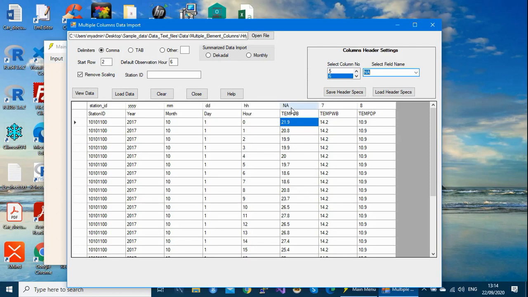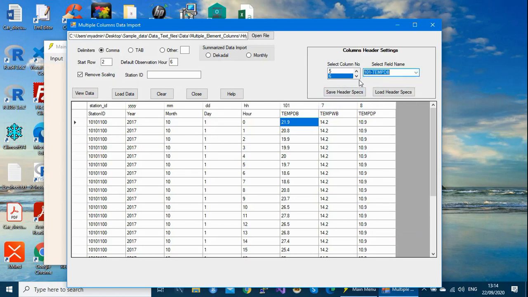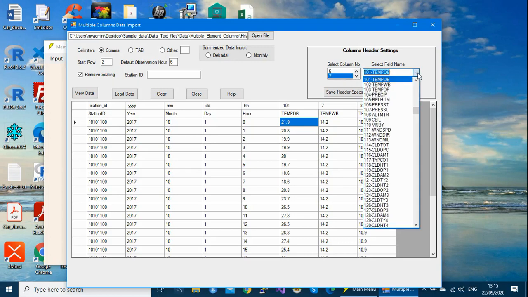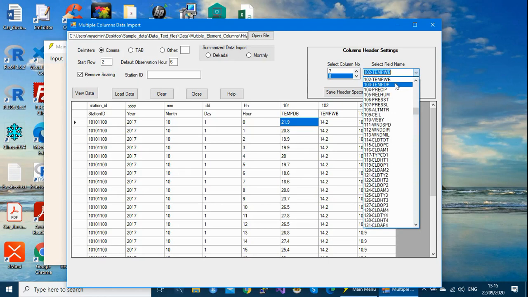But we want this column to be taken. So this is dry bulb, which is element code 101. Dry bulb temperature 101, yes. Column 7 is wet bulb, 102. Column 8 is dew point, 103.